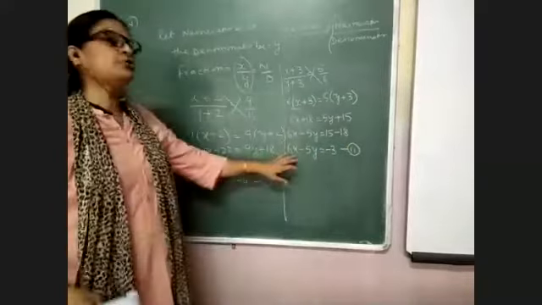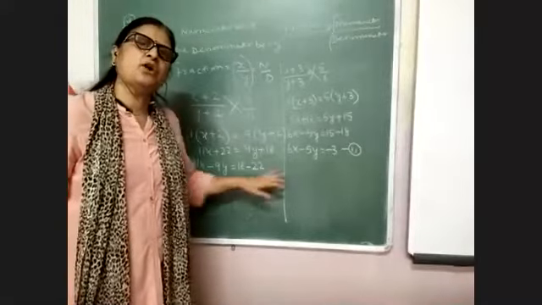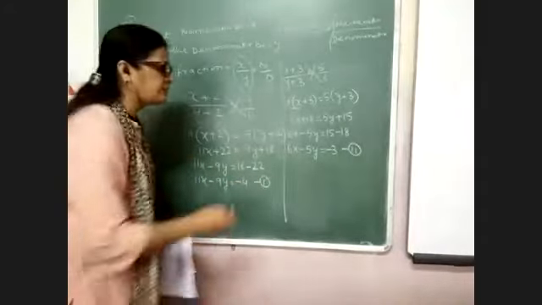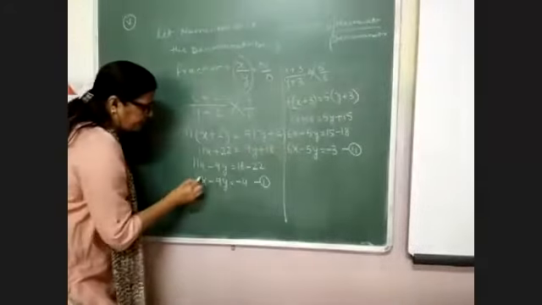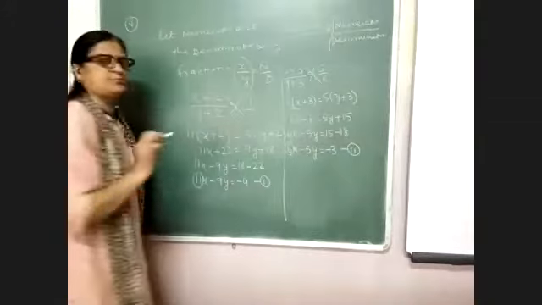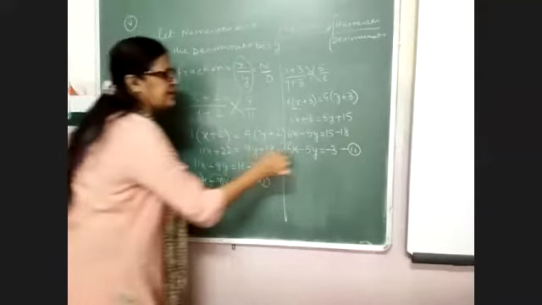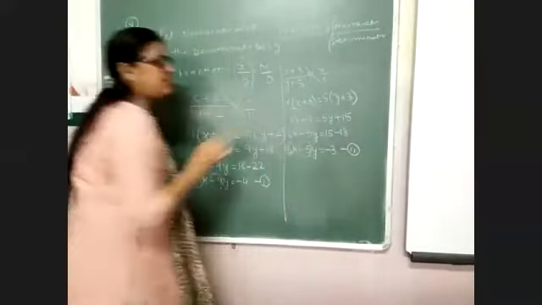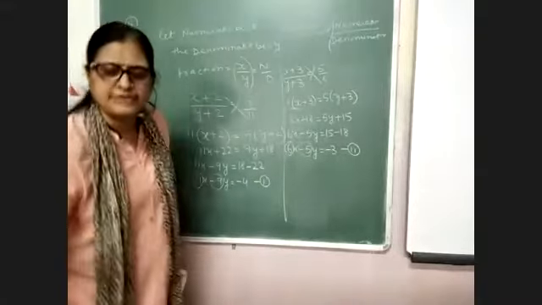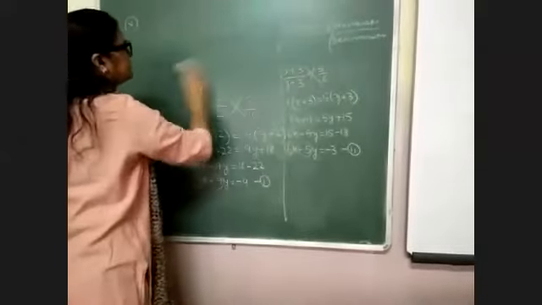Now how will you solve this question, by the substitution method or the elimination method? Here the coefficient of x is 11, and here the coefficient of x is 6. Both are not equal. And the coefficient of y is minus 9 and the coefficient of y is minus 5. Both are not equal. So how will you equalize them? By the elimination method, you will solve this question.